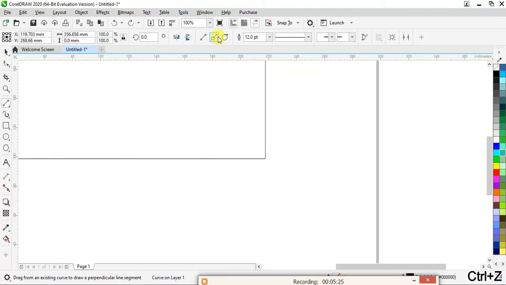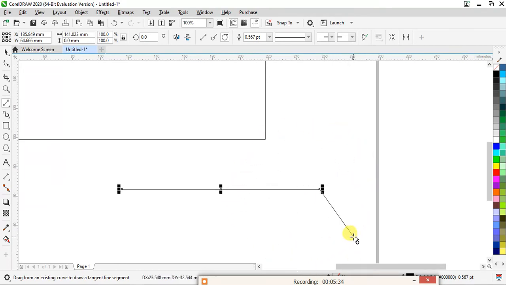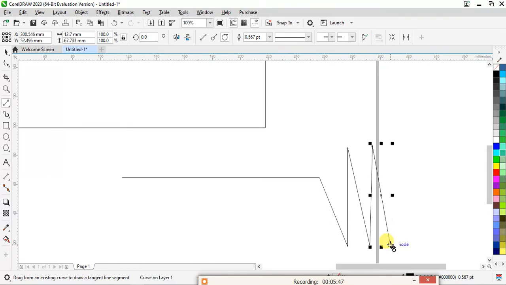Now the next option is your transitional option. What does it do? Suppose I'm drawing one line, and I'm drawing another line. So I can move this line in all the 360 angles. So let's say for example I want to draw frequency. So I can draw like this. I will click on this node and you can get my sine wave frequency likewise. So this is how you can draw your sine wave frequency also using this 2-point line tool.